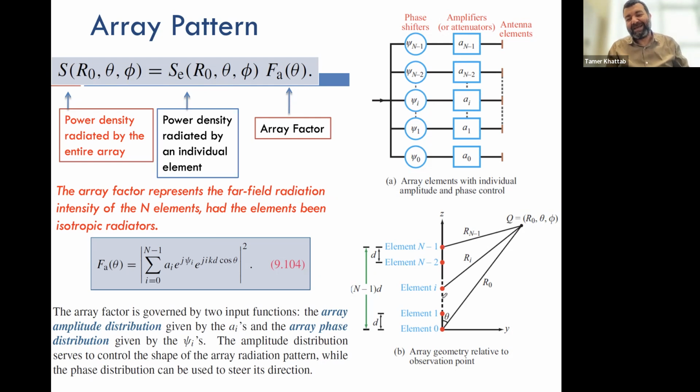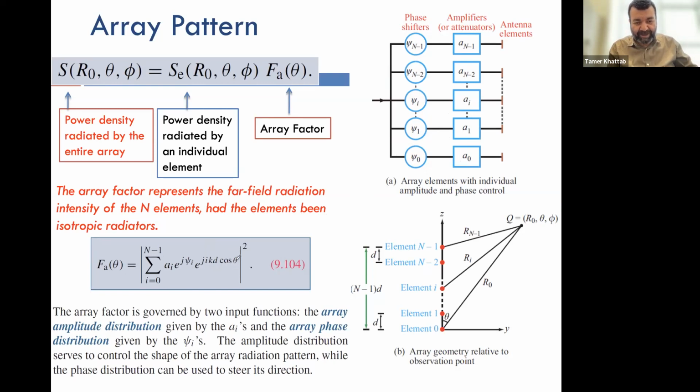So for a uniform linear array, the array factor expression is what we see here, the summation over the elements. So I is the index, element 0, element 1, up to element n minus 1, assuming that I have an n-element array, okay? And then the gain factor A0 multiplied by the first element, A1 multiplied by the second element, and so on, multiplied by e to the j, phase of the first element, phase of the second element, and so on, multiplied by